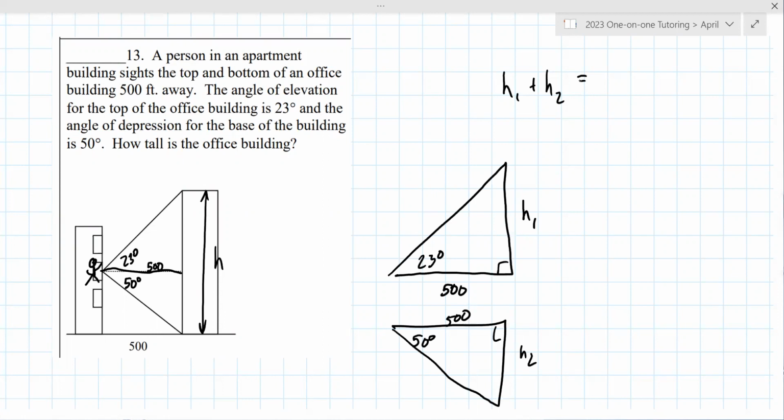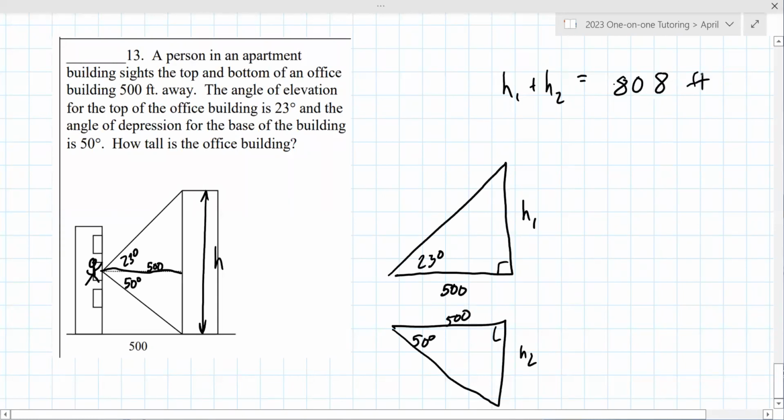Okay, plus the tangent. Sorry, hold on. 807.9. All right. That's close enough. All right, good job. So try to, when you're looking at problems